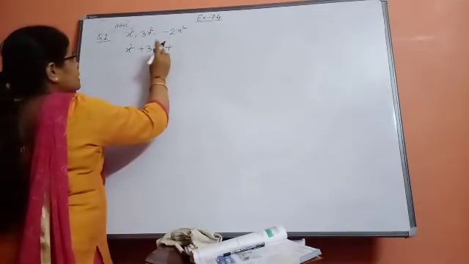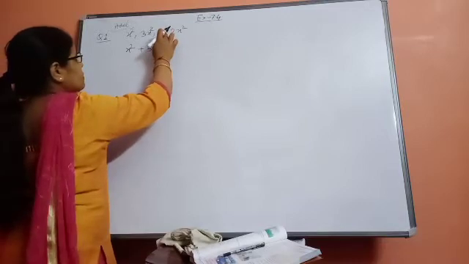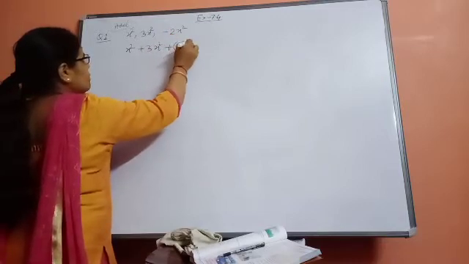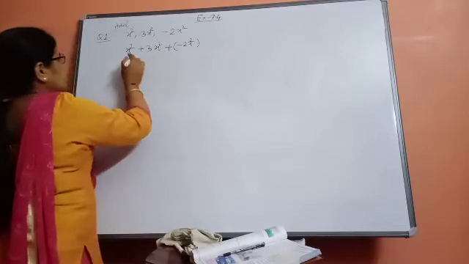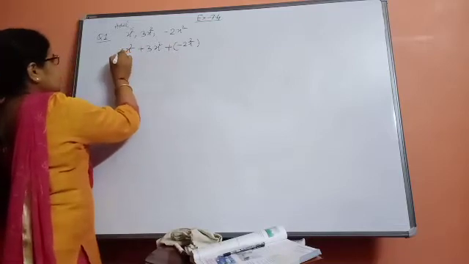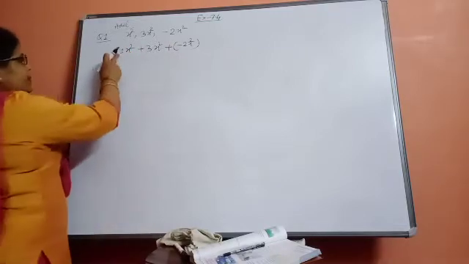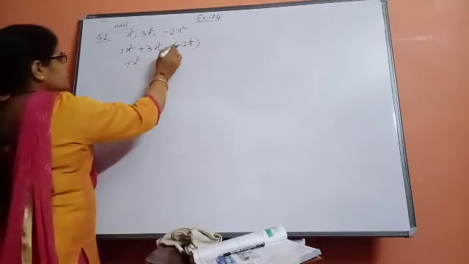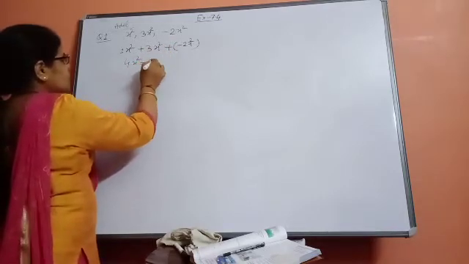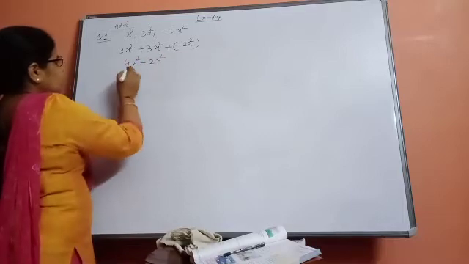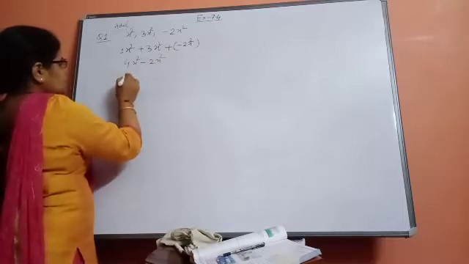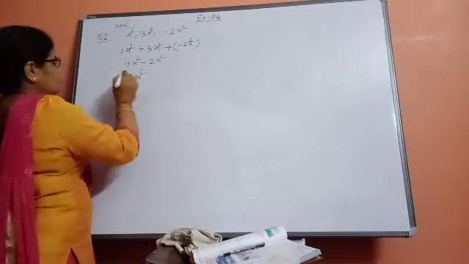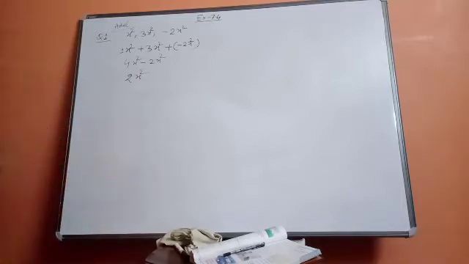We are adding, so a plus sign will come, but this number has a minus sign, so it can be written like that. Now see that here nothing is there, so write the numeric value 1. So 1 plus 3 is 4 x square, or plus into minus will become minus 2x square. Okay, now see that 4 minus 2 is always 2, and what will be your answer? 2x square. So it is very simple, but your terms should be the same.